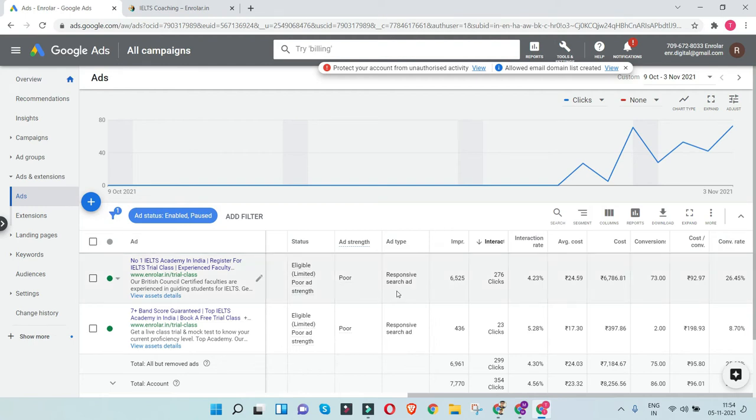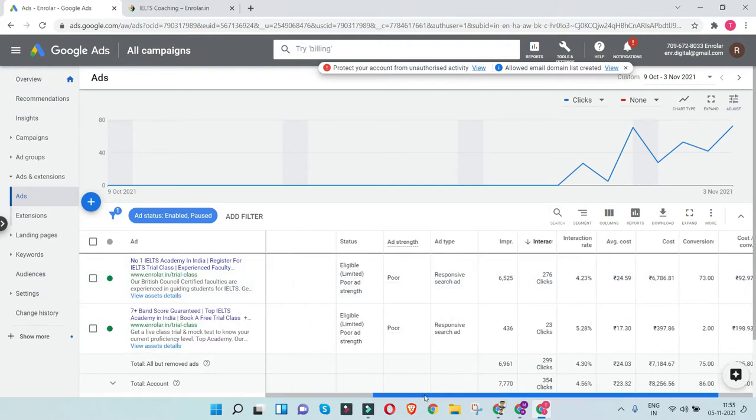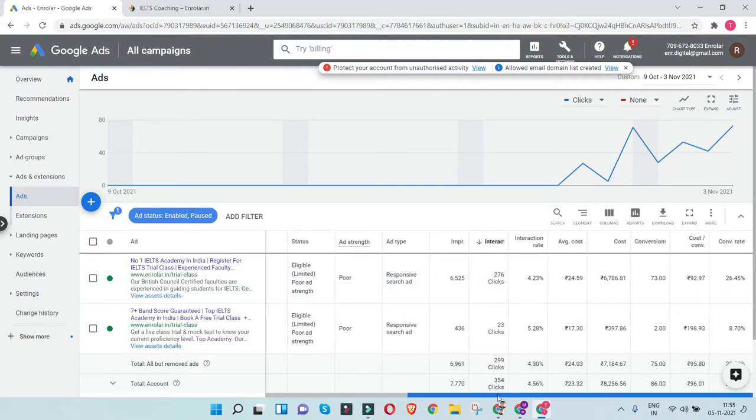Now Google actually lets you know about the flaws that you have on your ad and how to fix those, or what the different areas are that you should look at. But still, you need to use a certain level of expertise or experience on optimizing these ads further.